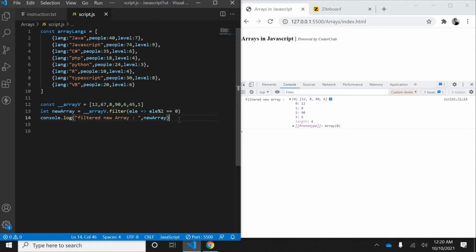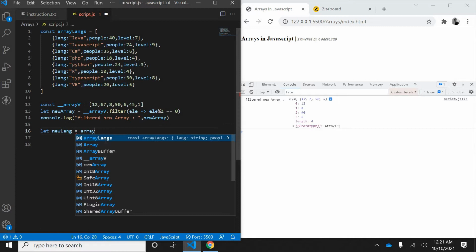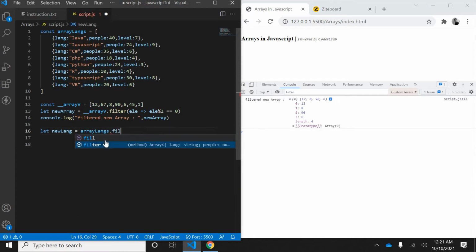If you want to implement one logic with this big JSON one, let's see. I'll take another, let new lang equals to, again, what is that array name? Array langs dot filter.